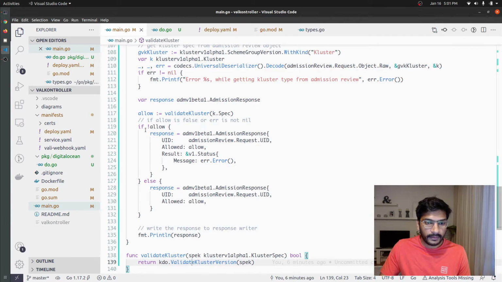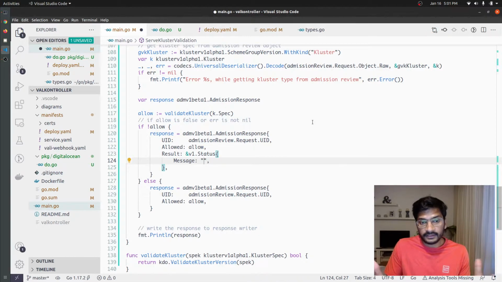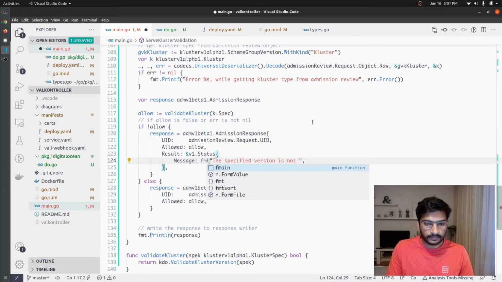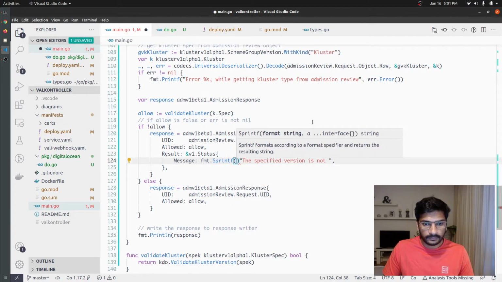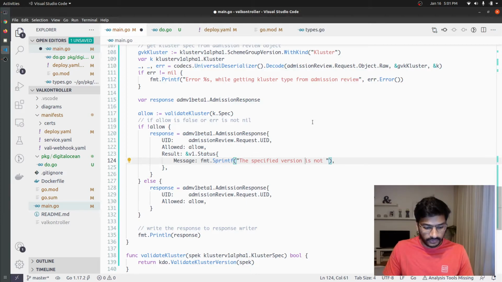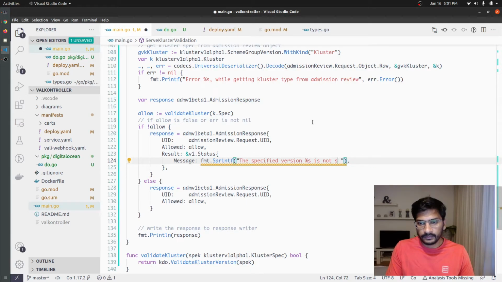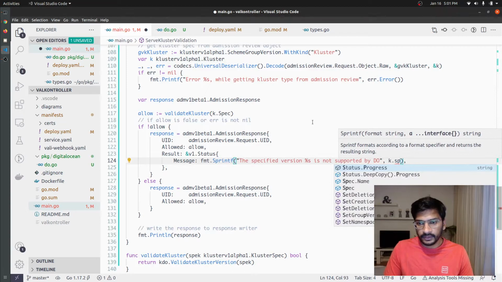Message is string. So let's actually enter a string that can be evaluated, that we can see, that has more details about the error. So it should say the specified version is not supported by DigitalOcean, and the version is going to be